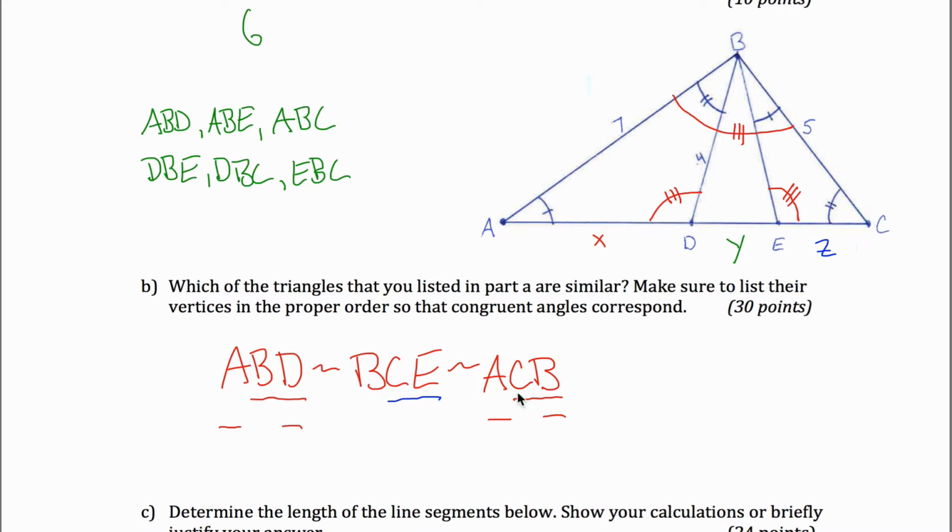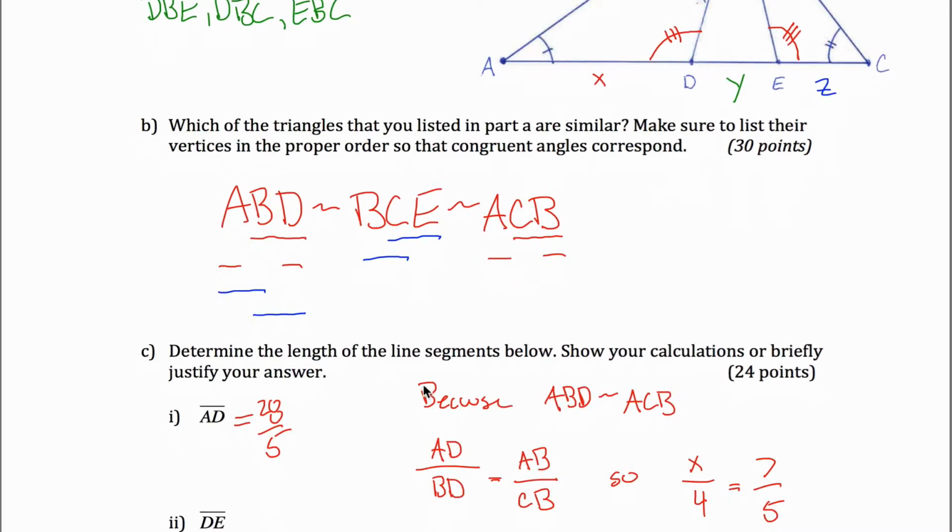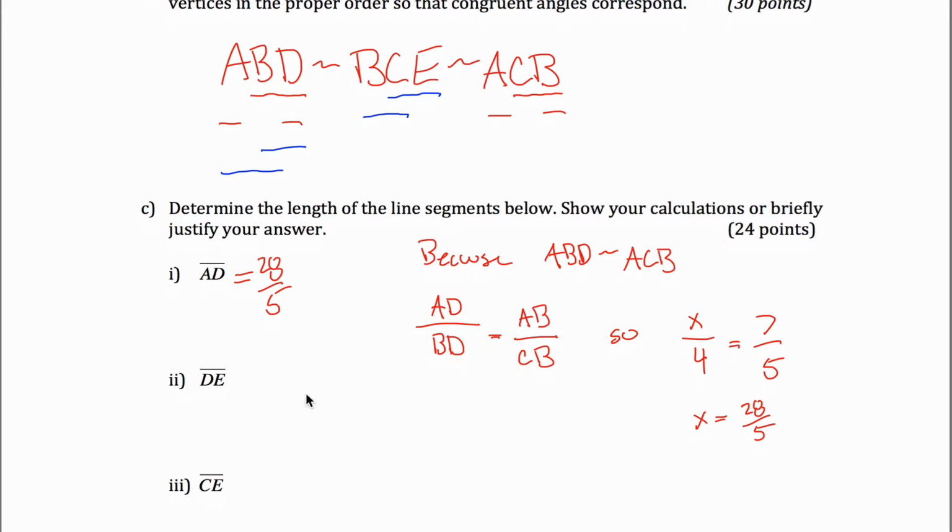Well, it looks like we know BC. So I got this guy. So what I want to do is look for either of my other triangles where I have those 2 pieces of information, the first 2 and the second 2. Well, I think I have that here, right? I got AB is given to me, and BD is given to me. So I can set those equal to each other. Maybe I should have drawn those in different orders. I got the BD to correspond with the CE, and I got the AB to correspond with the BC. So I'm trying to figure out